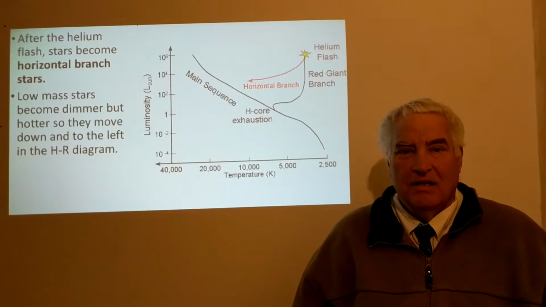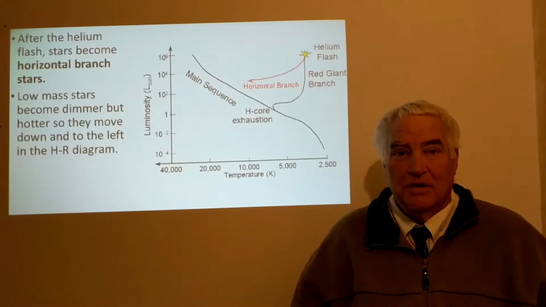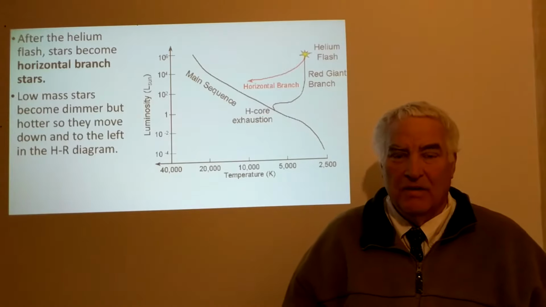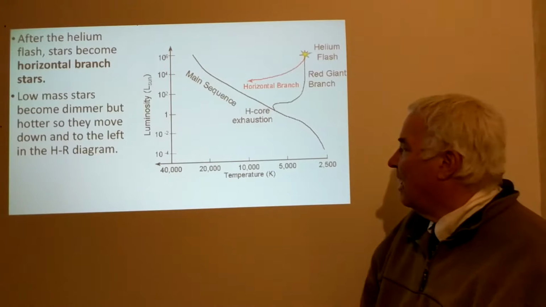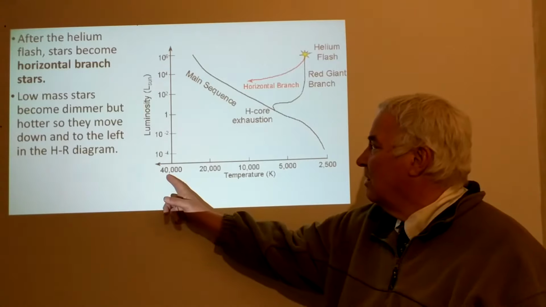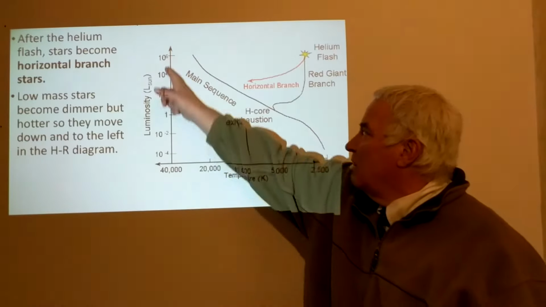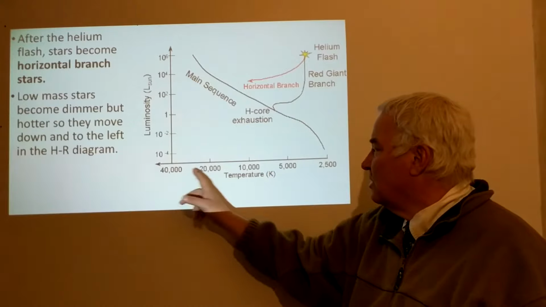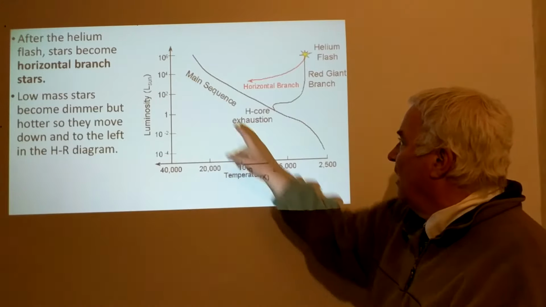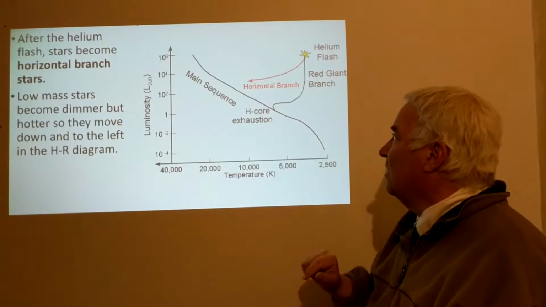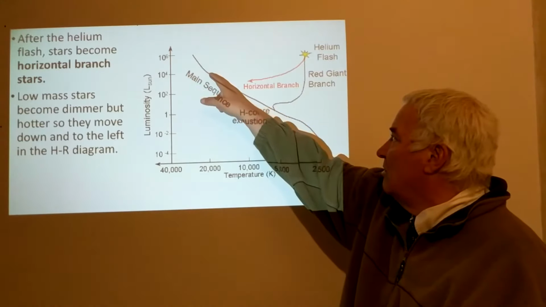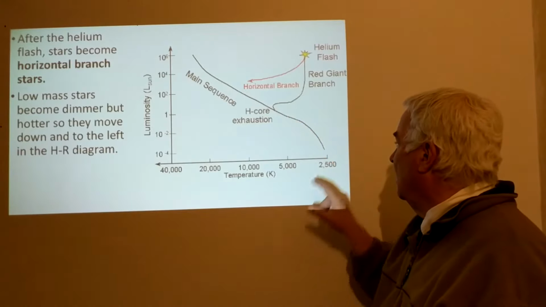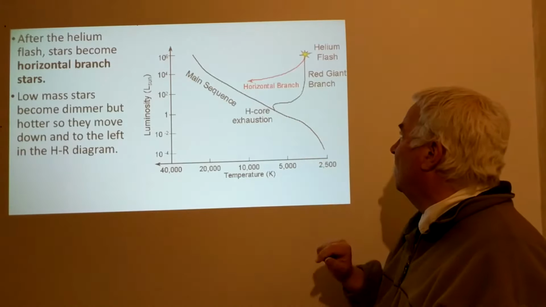Concerning the late stages of the evolution of stars like the Sun, the low mass stars, we want to look at the HR diagram and see that, first of all, we have temperature here, luminosity here, so the brighter stars are here, lower, fainter stars are here, the hotter stars are to the left and cooler stars are to the right. And the main sequence consists of stars that are high mass here and lower mass, and the Sun is located about right here. Lower mass than the Sun is down here.